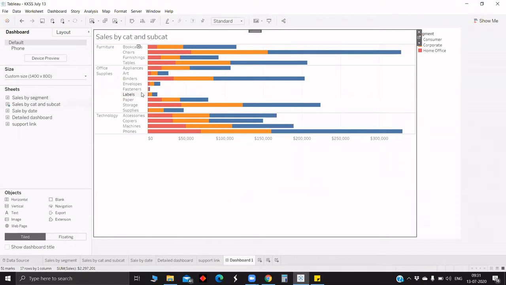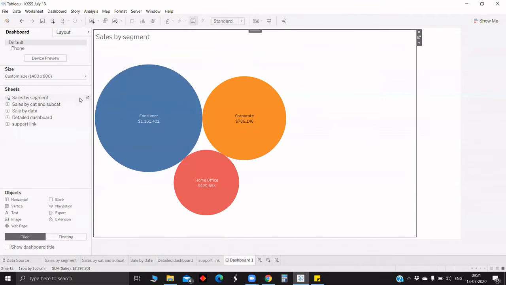In this case it may seem easy, but generally when you have a dashboard with multiple sheets, for example 5 sheets, and we don't want the orientation and position to change, what we can do is hover near the sales by segment, and we have the quadrant in which 2 arrows are there. Once you click that, it will automatically swap the sheet.